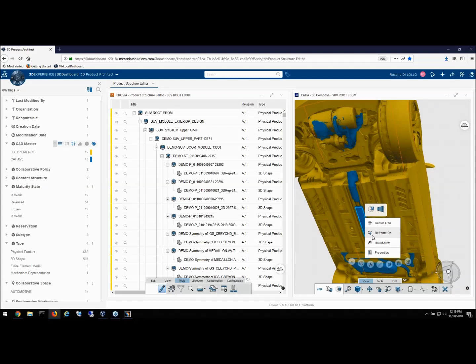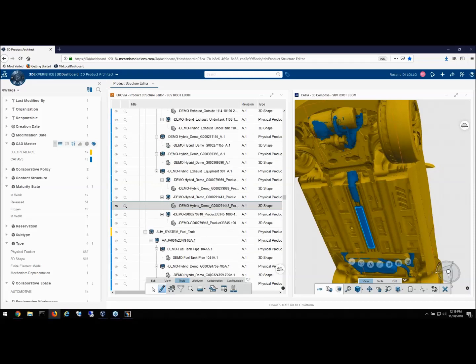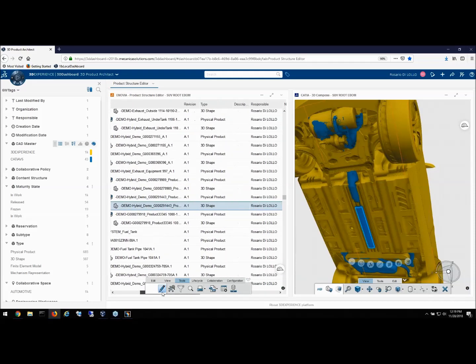So I haven't gone to the trouble of doing an FBDI or importing in Catia 3DX. I essentially left them as Catia V5 native, so they can keep on evolving, being modified, revised, or what have you, by my group of Catia V5 designers, whether they're my suppliers or an internal department, it doesn't matter. So if I center the tree on this part of the exhaust system, I can see that